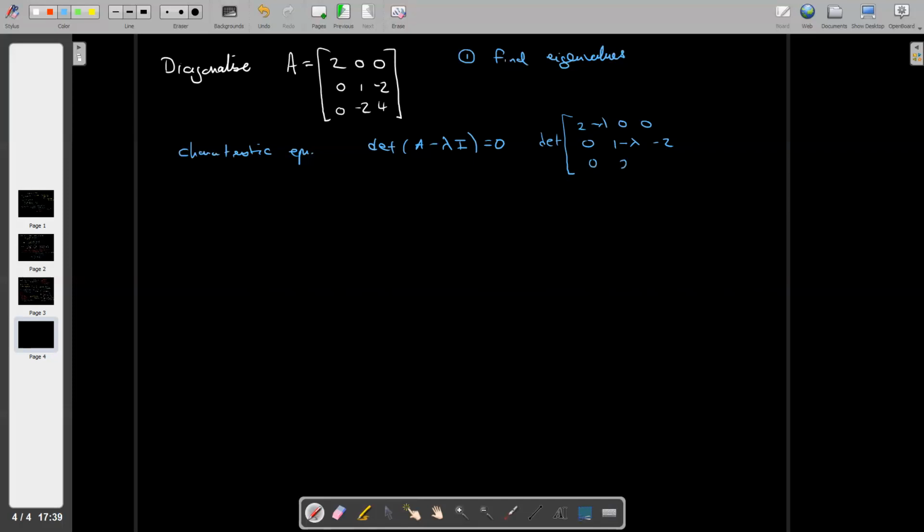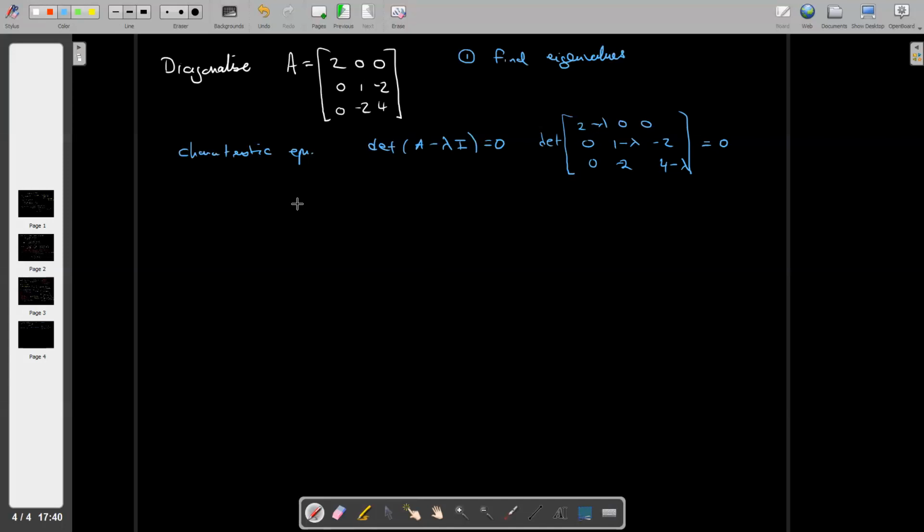0, 2, or negative 2, 4 minus lambda equals 0. Okay, well, I chose the matrix to be really nice because finding the determinant isn't a hassle. I didn't want to create a matrix where the determinant was going to be some big hassle. So if we expand about this, we're going to end up with the characteristic equation being,